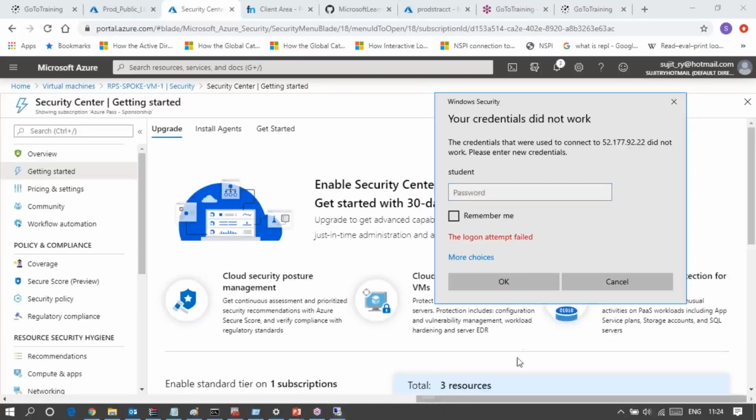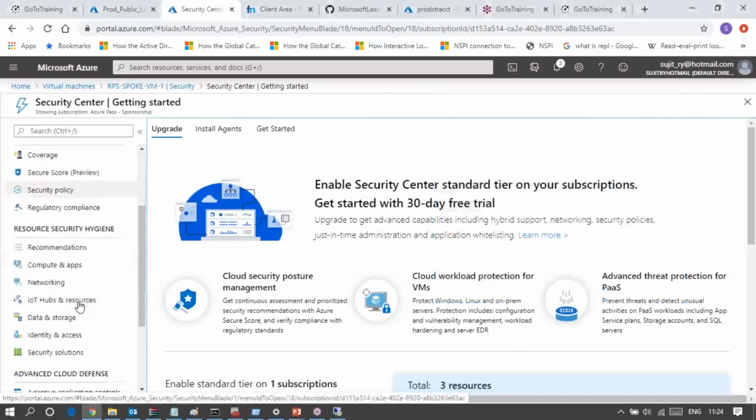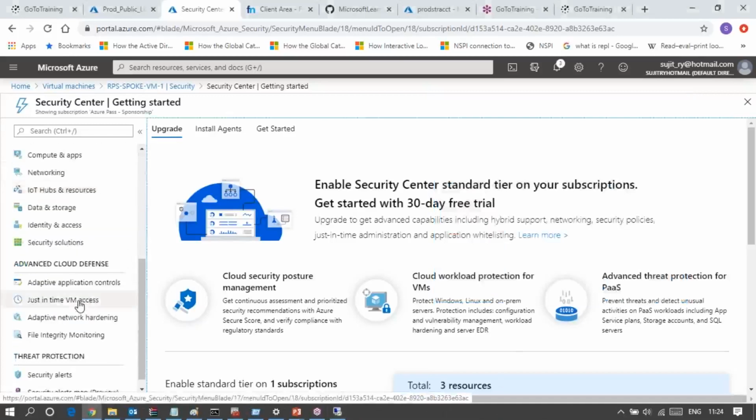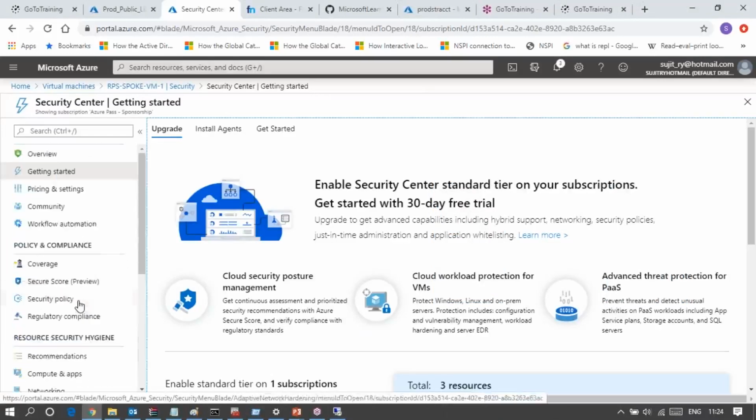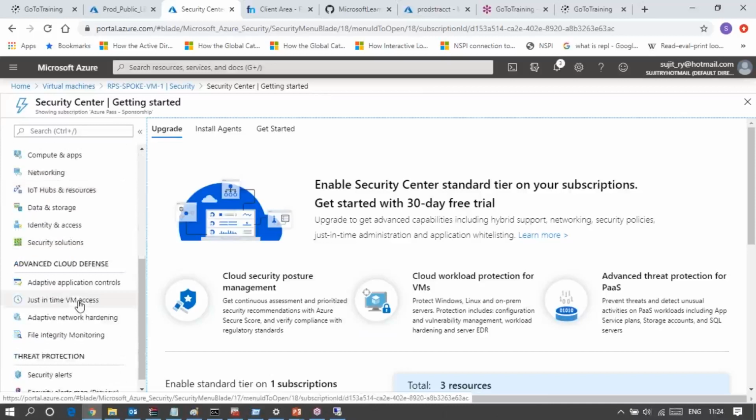What is the option, reset password in the settings here? Where is that option, I'm finding. Yeah, at the bottom of settings, at the VM spoke VM1. That screen I saw once.